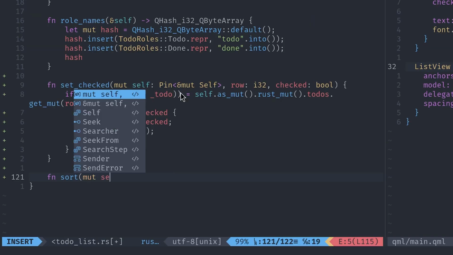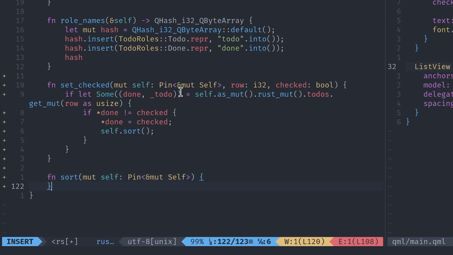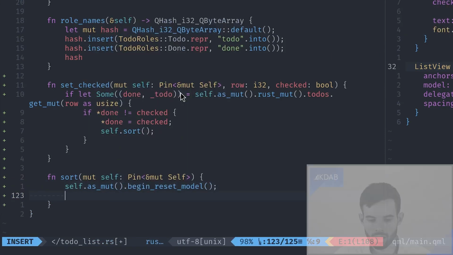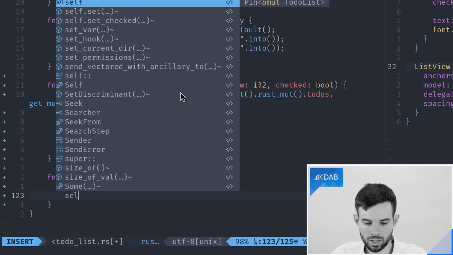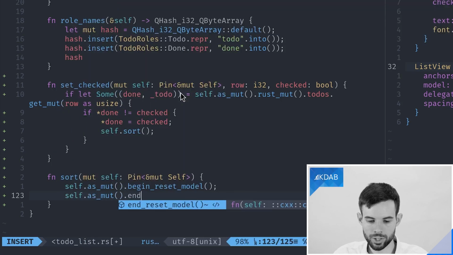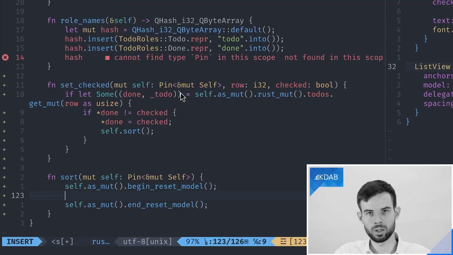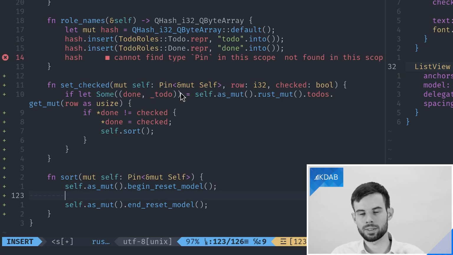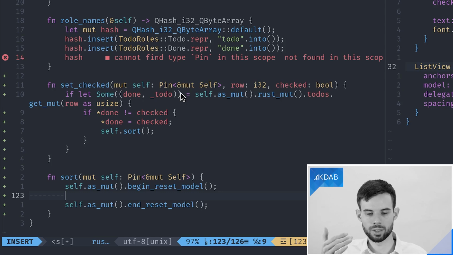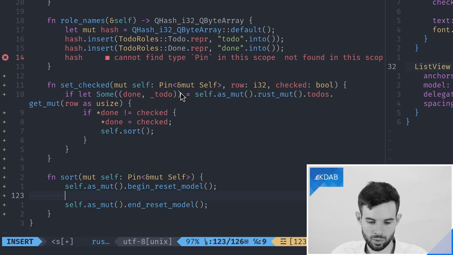And here we will just call the begin reset model and end reset model functions, which tell Qt that in between the begin and the end, it shouldn't try and access the data, and that after the reset is done, it should requery all the data that was previously in any of the views, which, like I said, can be optimized further, but this is good enough for this tutorial today.